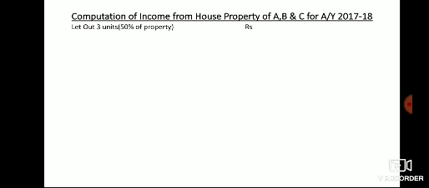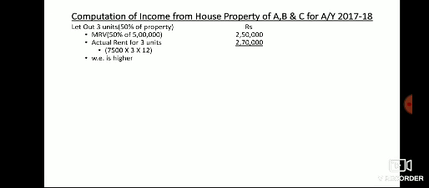So this is how we'll compute the income from house property. Let out 3 units, that means 50% of the property is let out. MRV of the 3 units, that is 50% of 5 lakh, will come to 2,50,000. Actual rent for 3 units: since 3 units are let out, the actual rent will be taken for the 3 units, 7,500 for 3 units into 12 months, 2,70,000. Whichever is higher